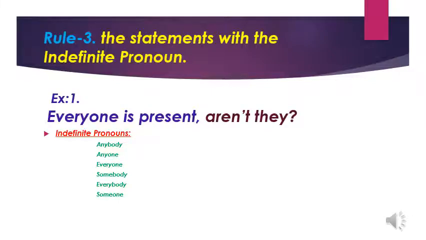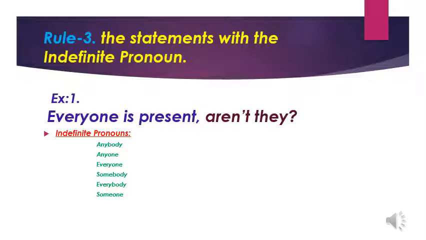Now, if they are placed in the place of the subject, what should we take as a personal pronoun? We should take only they as a personal pronoun. And we are supposed to take only the plural verb. In the sense, we have to use only the plural verb, even though we have the singular verb. Now, let me take an example to make it clearly understood.